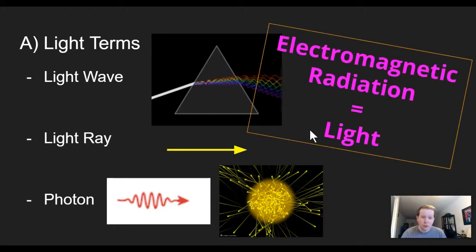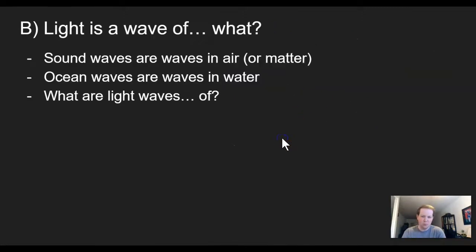There's another term, electromagnetic radiation. Fun to say, really fun to work into a conversation. Like if you want your parents or something to turn down the lights and say, oh my gosh, turn down that electromagnetic radiation, they're gonna look at you and think you're super smart. That is also just light, electromagnetic radiation, fancy term for light. Radiation coming from atoms, remember from our last unit, and light is created from atoms, and we'll get into those details a little more later.